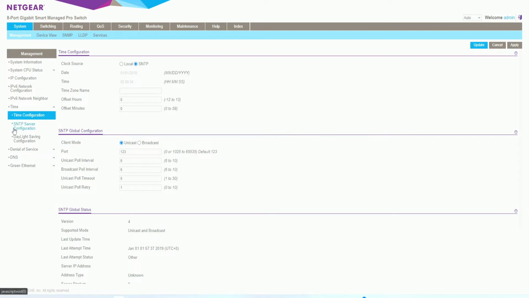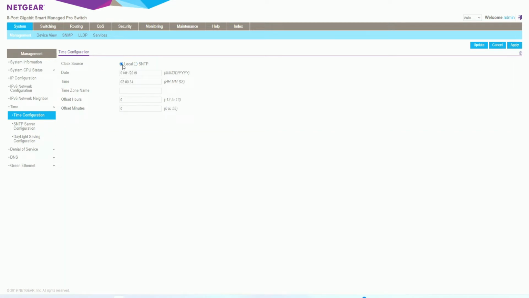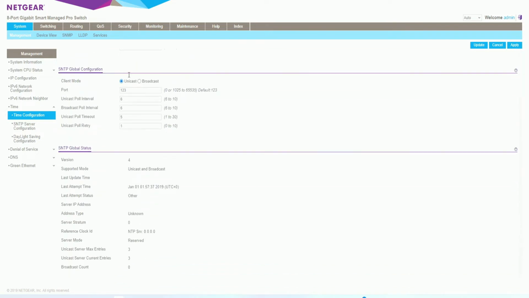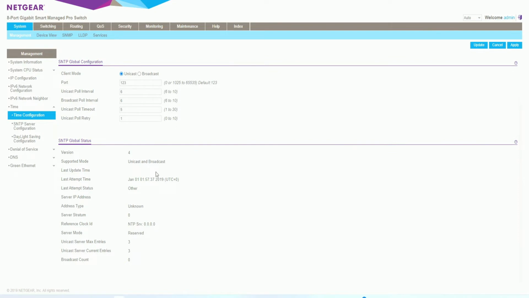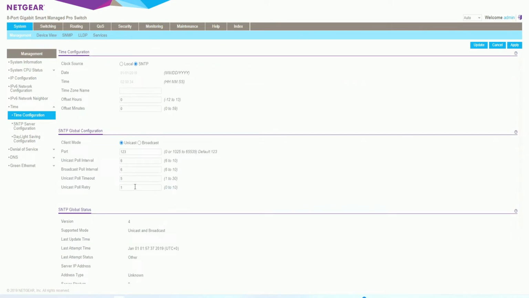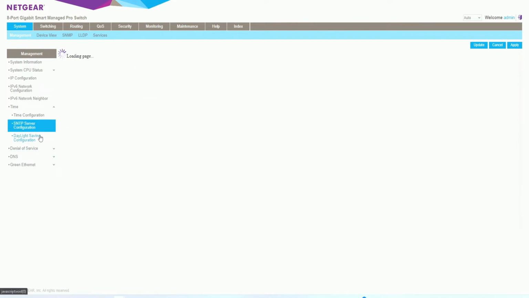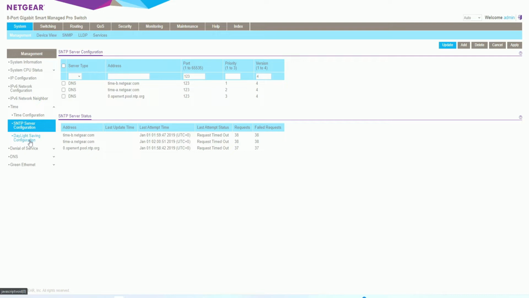Then we go to the SNTP server configuration. So we will leave it default, that's perfectly fine, or we could assign a network. But what we will do is keep it at the default. And that looks good. So next we go over here to SNTP server configuration, and